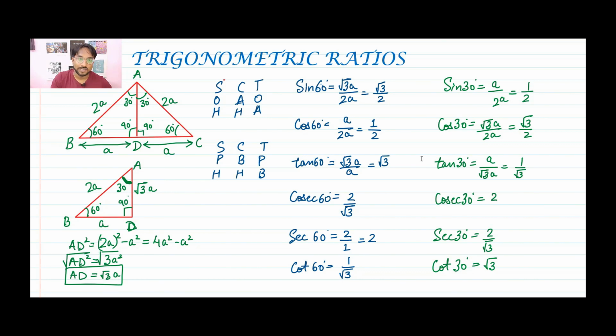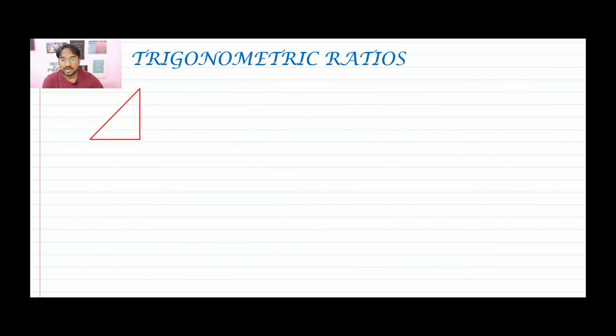Now let's talk about 45 degrees. So let's start with a right angle triangle and assume that this is A, this is B, and this is C, right angled at B. And we have to assume that one angle is 45 degrees. We have constructed it in such a way that the base angle or one angle is 45 degrees. Now using the angle sum property, if the two angles are given, we can find the third angle. We can subtract the sum of these two from 180 degrees. We'll get the angle A also as 45 degrees.